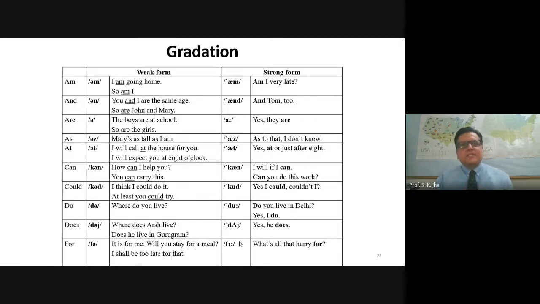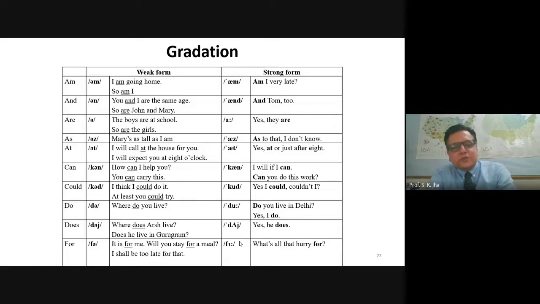The first one is weak form usually comes medially in a sentence, whereas strong form occurs either initially or finally in a sentence. Now let's take some examples of weak form. The first sentence is, I'm going home. So you see here, we are not using strong form because am is coming in the middle of the sentence and its pronunciation is